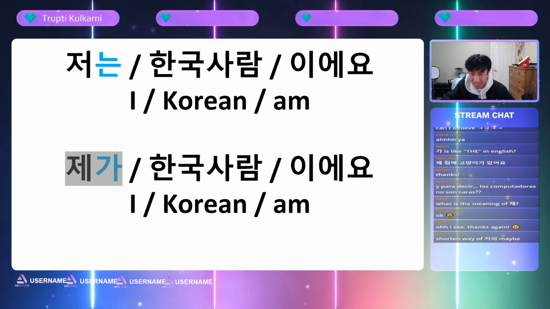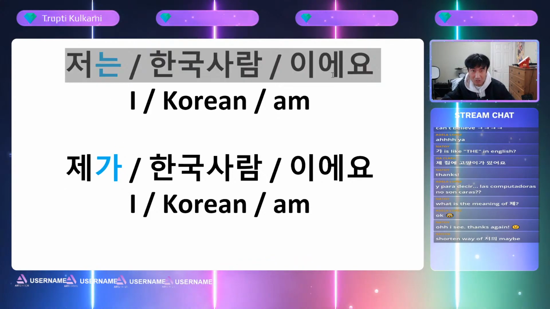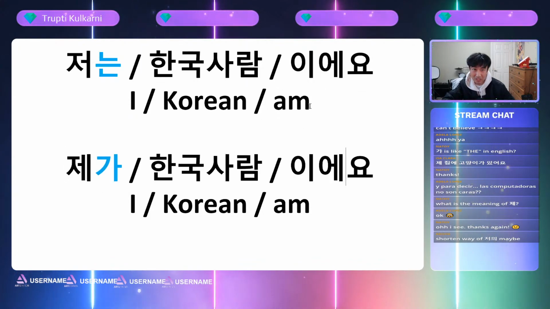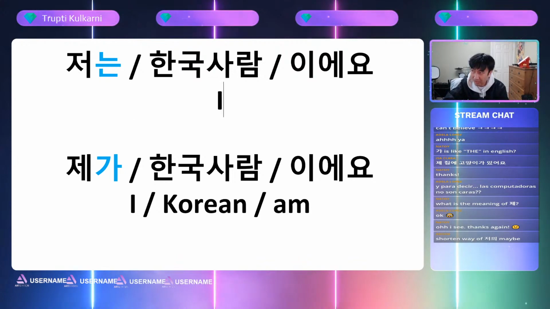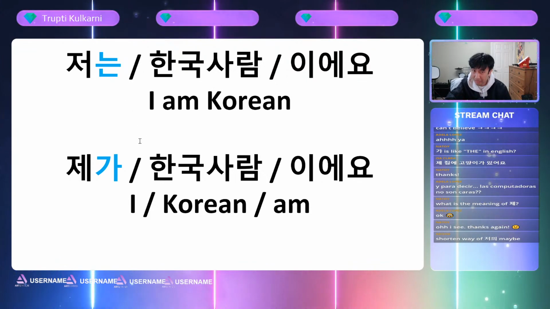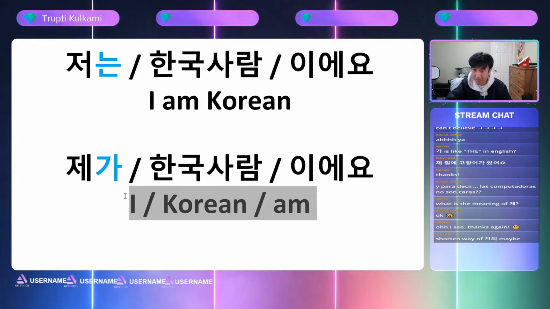But yeah. Anyways, 제가 is 저가, but different pronunciation. So what is the difference between 저는 한국 사람이에요 and 제가 한국 사람이에요? Okay, so this is just the regular I am Korean. That's just how, if you want to say I am Korean, that's just what you say. But if you use it with a ka particle, it's kind of like